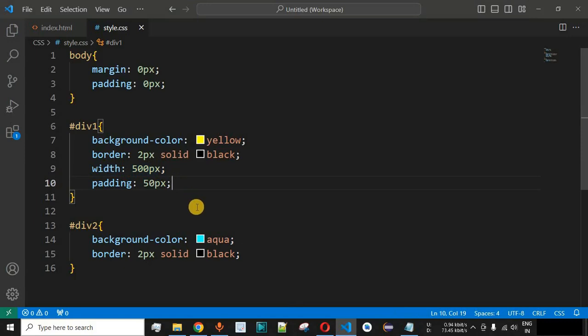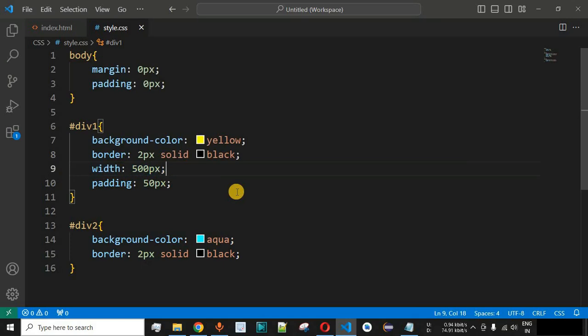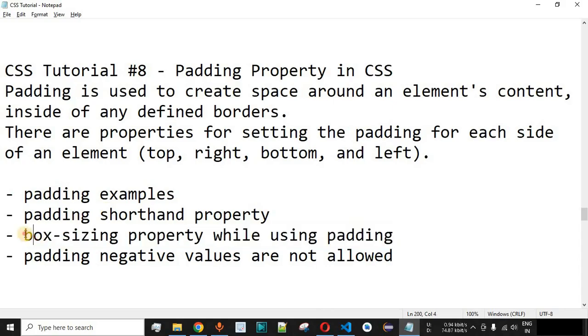So guys, this is the problem when we provide padding and border to a particular web element. So basically the padding and the border, which is having their own size, will be added to the HTML element, and the entire width of the HTML element will be increased and displayed to the user. So guys, basically in order to strictly keep the width as 500 pixels, what we can do is we can define the box sizing property over here.